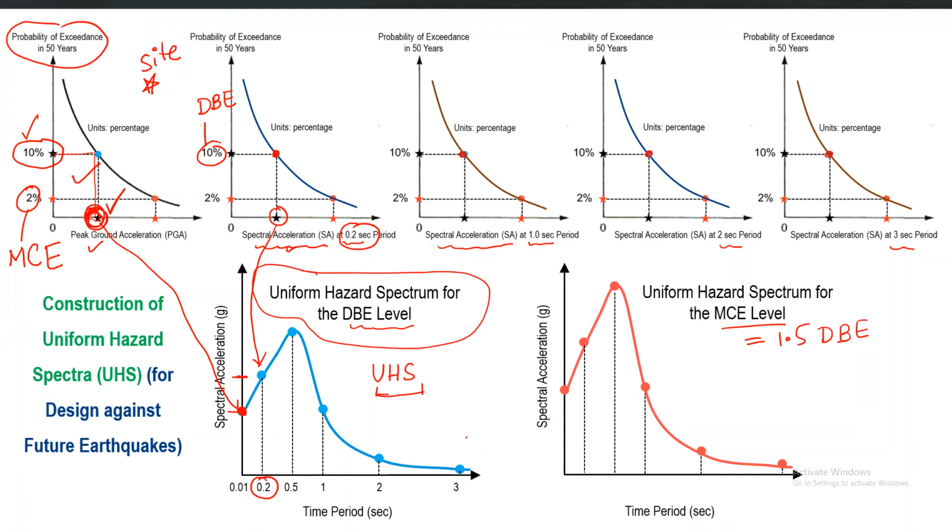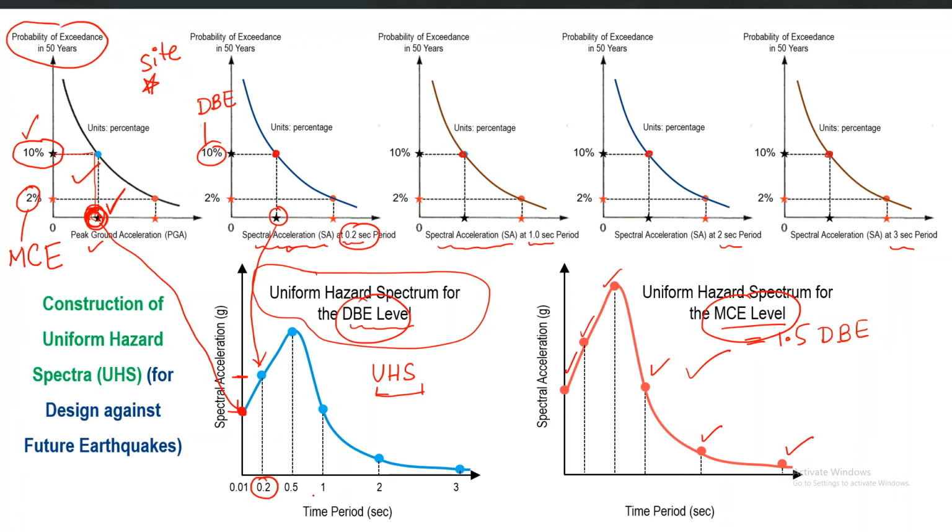These two spectra basically represent the level of seismicity or expected, you can say, ground motions at your particular site in future. So the concept of spectral acceleration is used now not for the existing or past recorded earthquake, but for future earthquake. So these are the spectral acceleration values, these points on that curve. These are expected spectral accelerations at your particular site corresponding to one fixed definition of hazard, which is MCE on the right and DBE on the left.